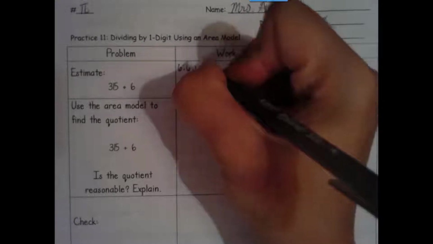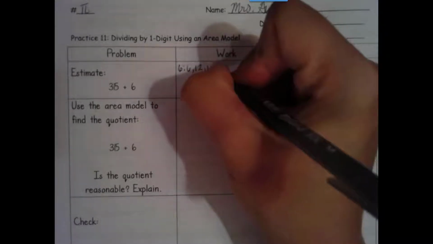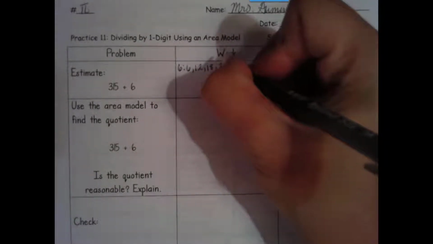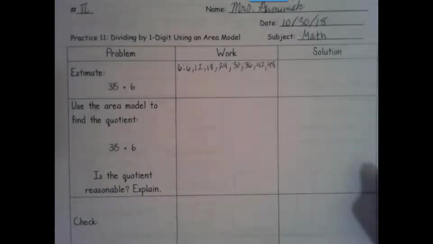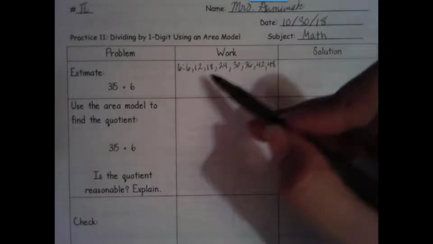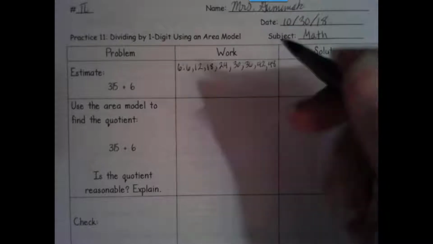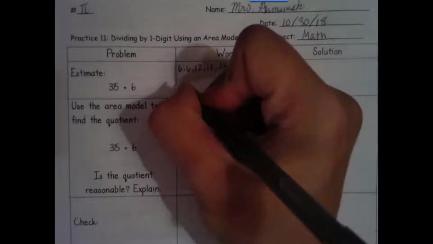So 6, 12, 18, 24, 30, 36, 42, 48. If you can't fit all those in, you can just probably stop at 36. If we need more, we can list more. So we're looking at